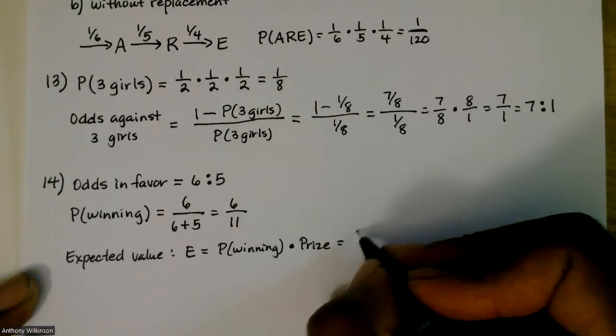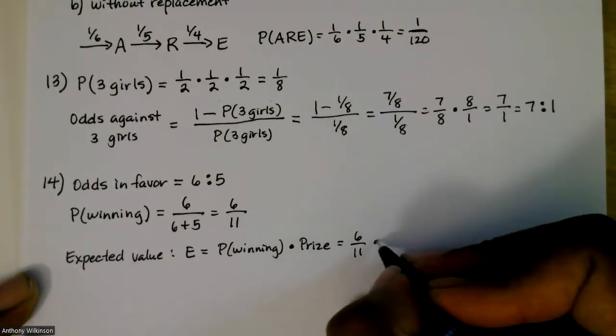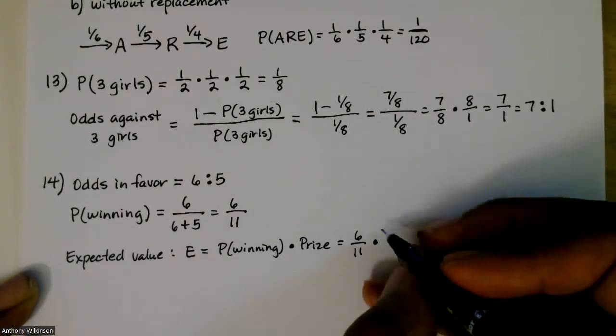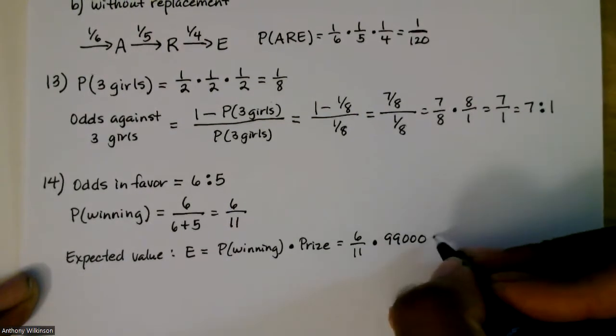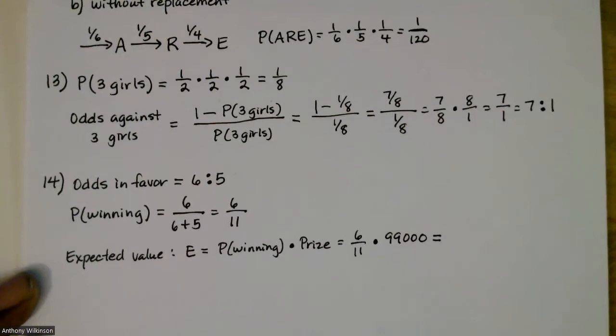The probability of Fast Leg winning would be 6/11 times the first prize, which was $99,000. Okay. So if we take 6/11 times 99,000, that would give us, and I'm going to do 6 times